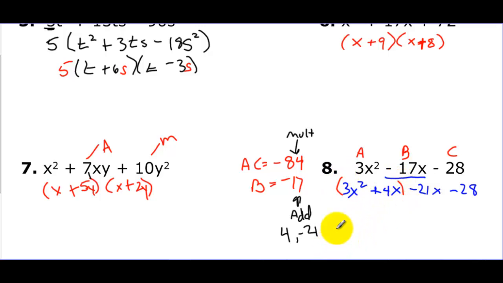Here's a group. Well, let's find the GCF of that. Pull out a common x. That's all that these two terms have in common. And it looks like I'm left with 3x plus 4. Okay? And I do the same thing here. It looks like these two have a negative sign in common, and they also have a 7 in common. So if I pull out a negative 7, that leaves me with 3x plus 4 as well, which is